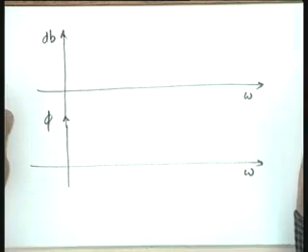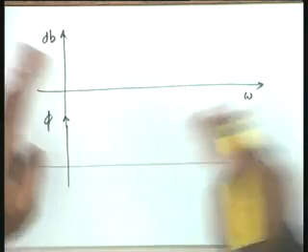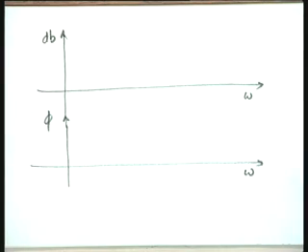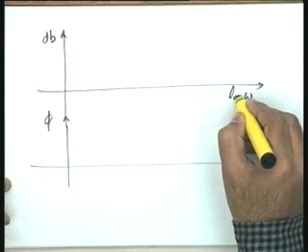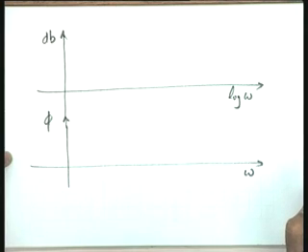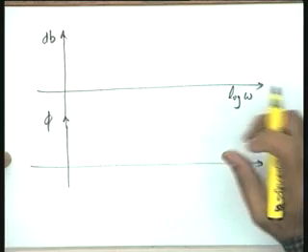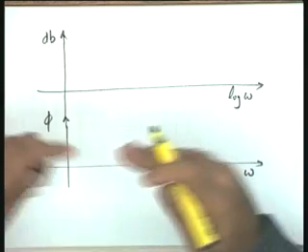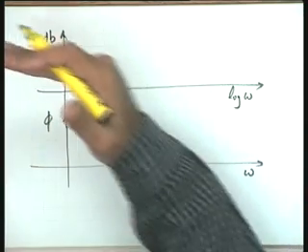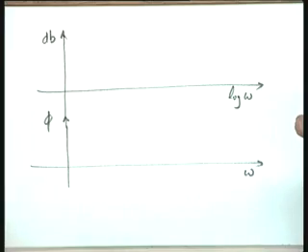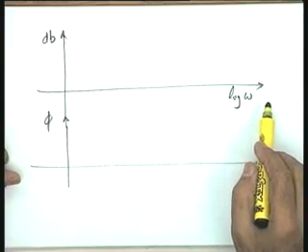Now, if you plot it this way, you do not get any big advantage. Though the multiplication has been converted into addition, in addition to this you do not get any advantage. However, as I will show you, if instead of omega you take log omega as the horizontal axis, then all the individual terms I have given you in the previous slide are actually straight lines with respect to log omega and not with respect to omega. So, their plots are going to be simple. So, log omega is on this axis and decibels on the other.